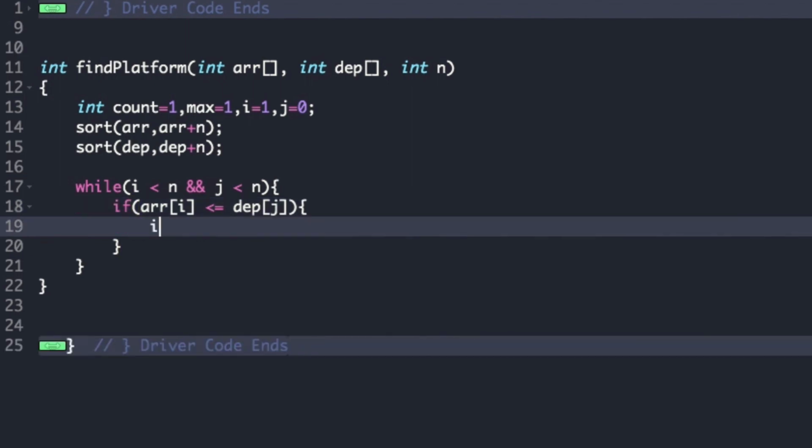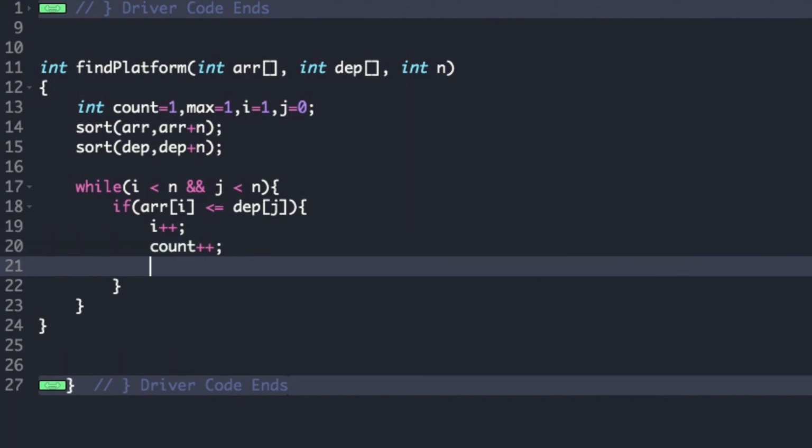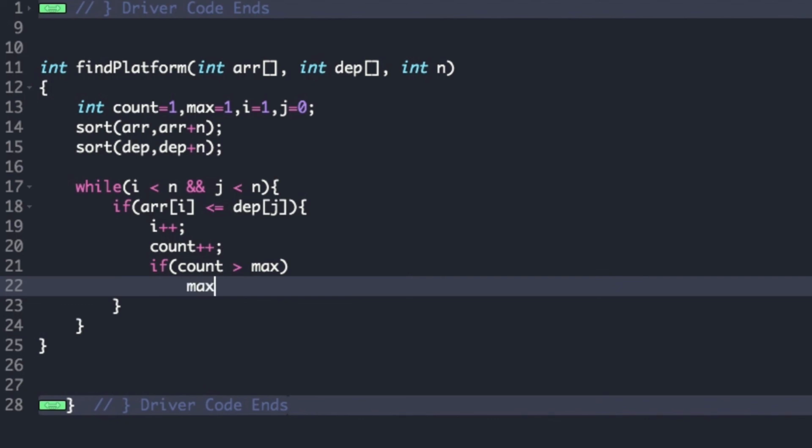And if so, then we increment i as well as we increment count. And we check whether count is greater than max, and if count is greater than max, then we update the value of max as count.